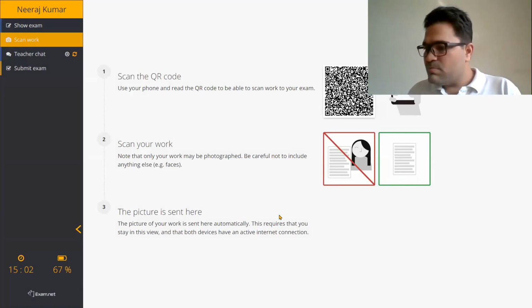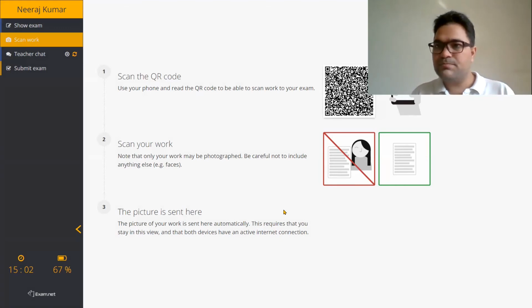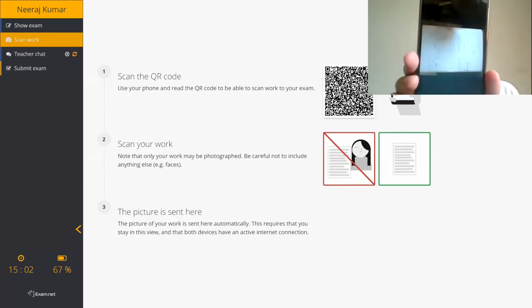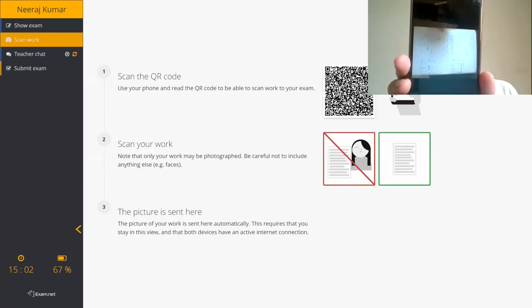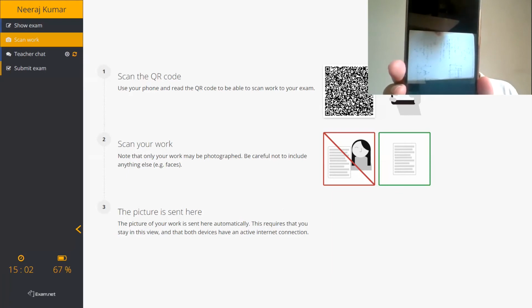Now I'm scanning another page, the second page, to show how it will work. You can see I have scanned it, but this time the page is in landscape mode.